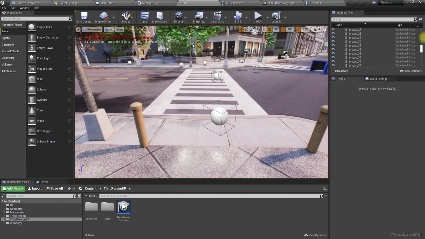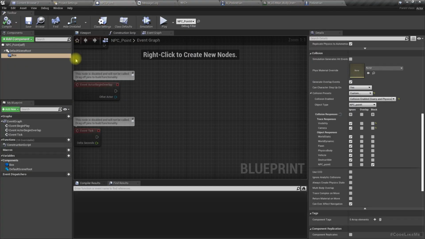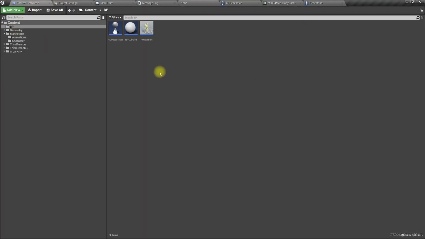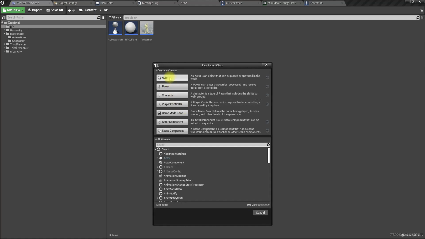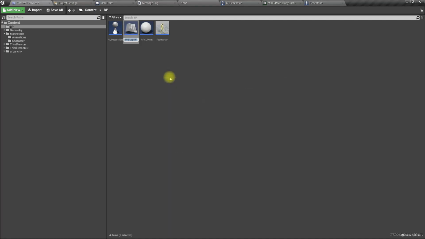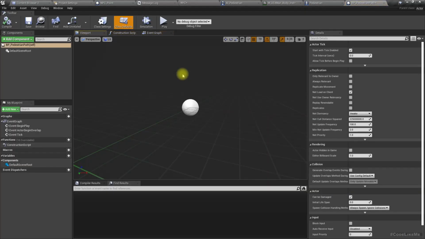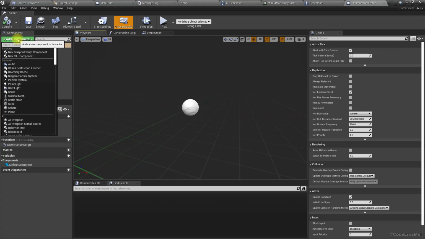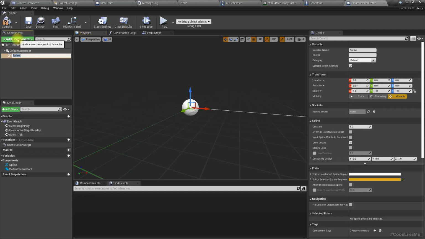Right, so here I'll create another blueprint actor, let's call it PP path, pedestrian path. Here I'm going to add a spline like this. I'll call it path,